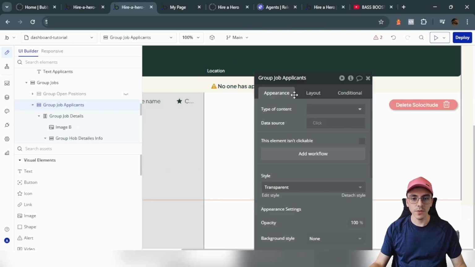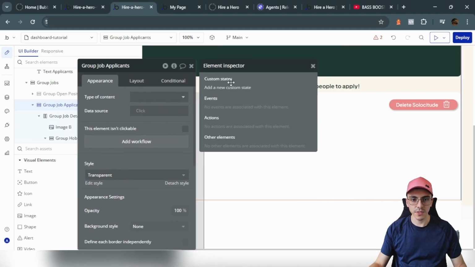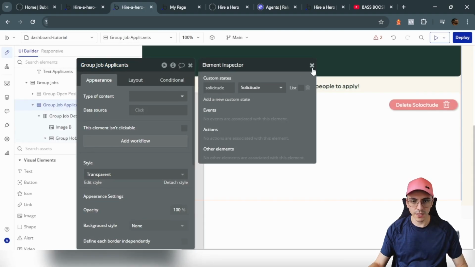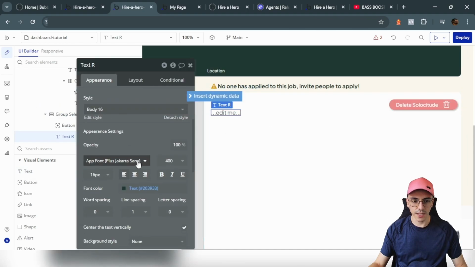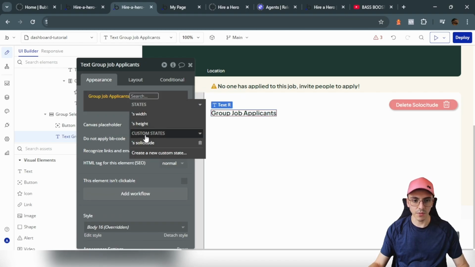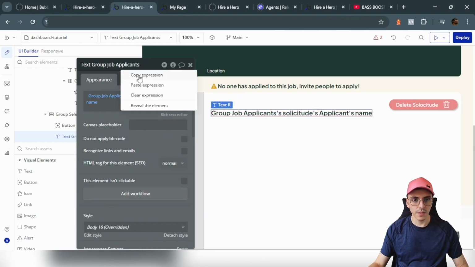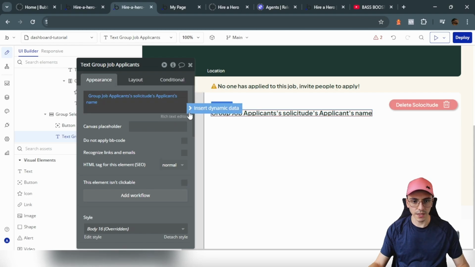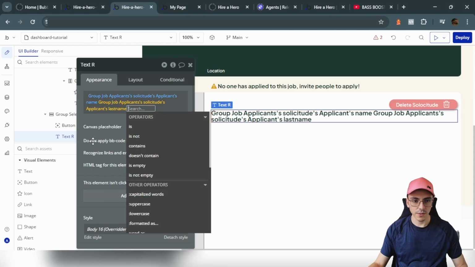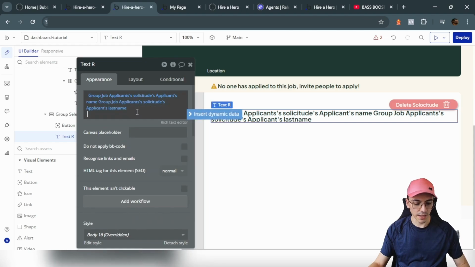Now in the job applicants group, let's add a new custom state, and it is going to be the current solicitude selected. So solicitude, okay, create, copy this, and then let's create a new text, bold with 18 pixels, and this is going to display the name and the last name of the applicant. Name, copy this expression, add a space and paste the expression, change the name into the last name, and at the end add CV,